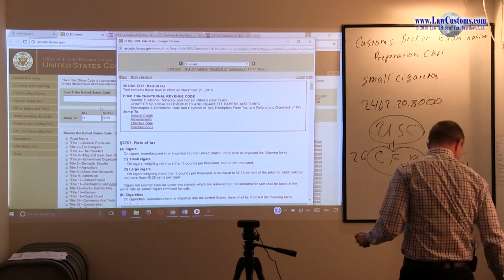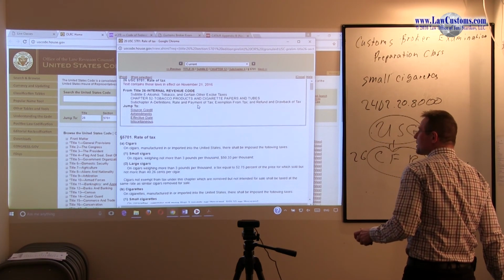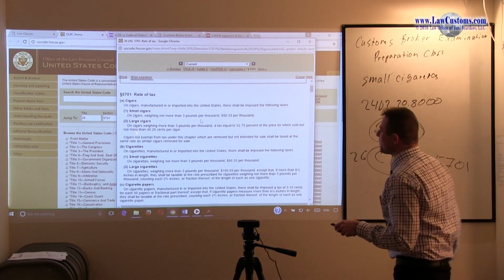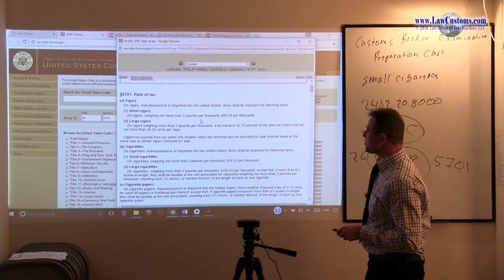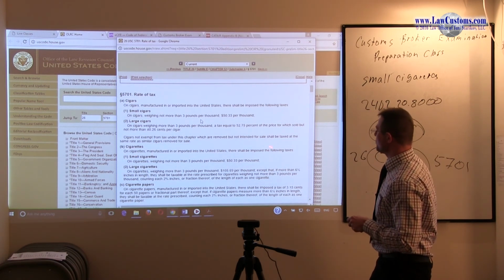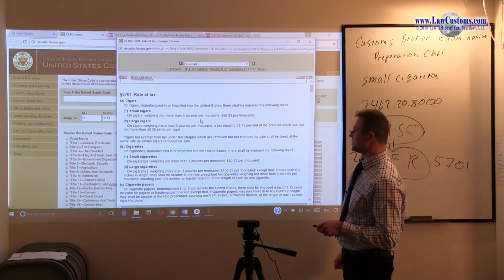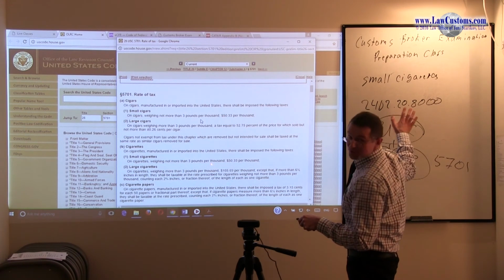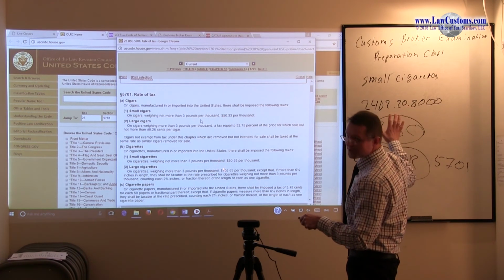Rate, taxable rate, and here's what Congress stated. On cigarettes manufactured or imported into the United States, there shall be imposed the following taxes. Small cigarettes weighing not more than 3 pounds per thousand, which is what we dealt with just now in that example,